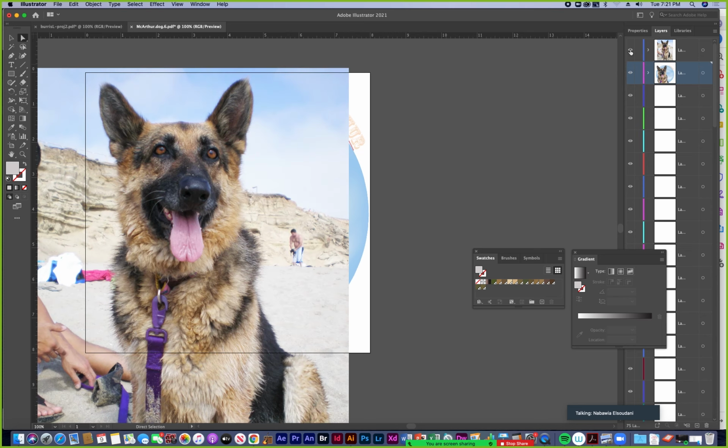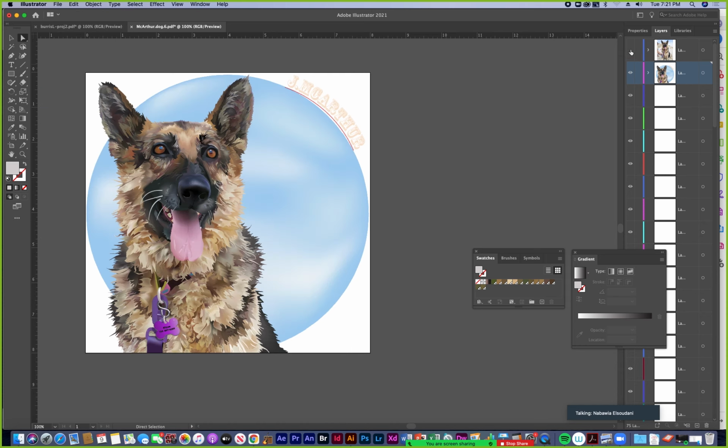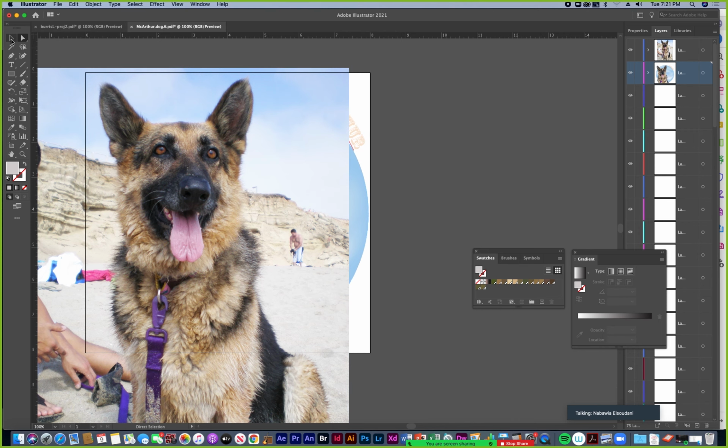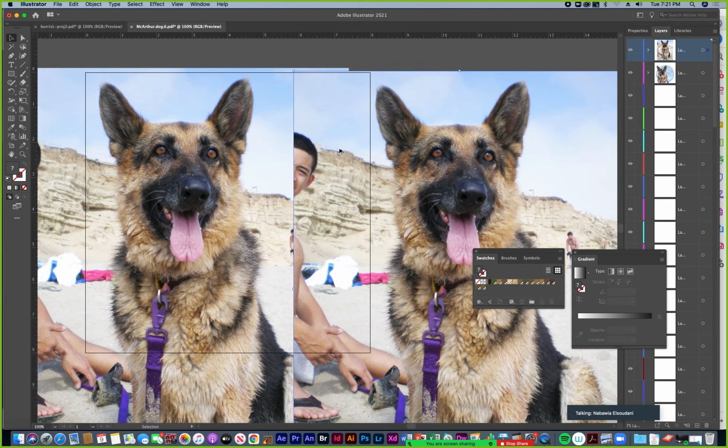So let me show you what that is in case anyone isn't clear about image tracing, so you know what not to do for this assignment. I repeat, image tracing for this assignment is cheating. Do not image trace. So just to show you image tracing, I'm just gonna duplicate this photo over here,